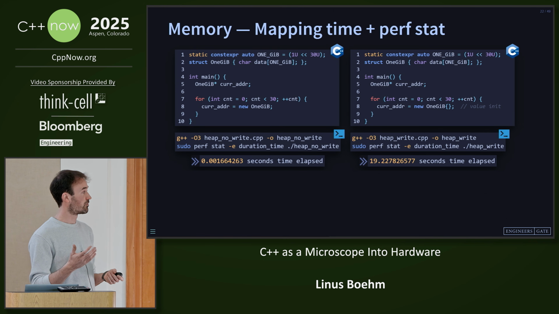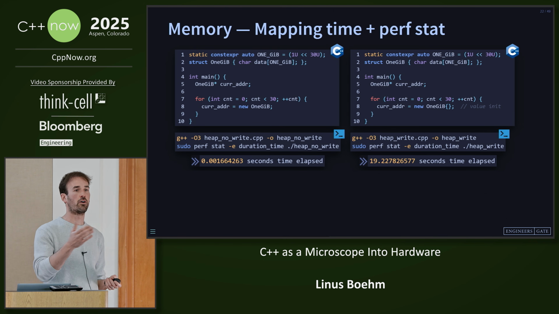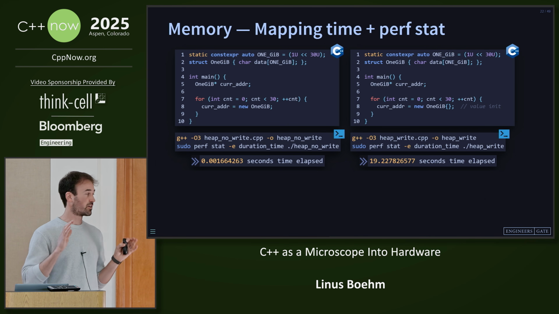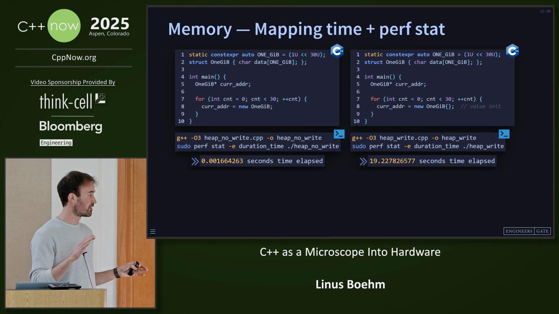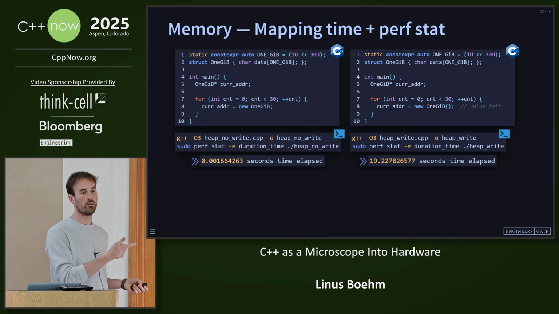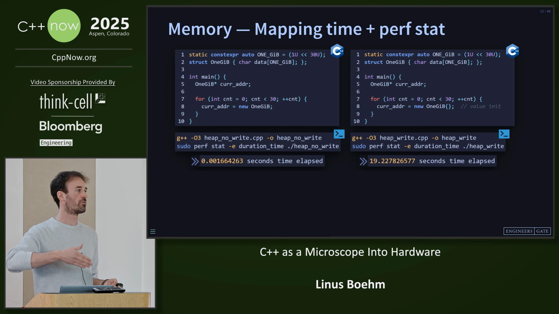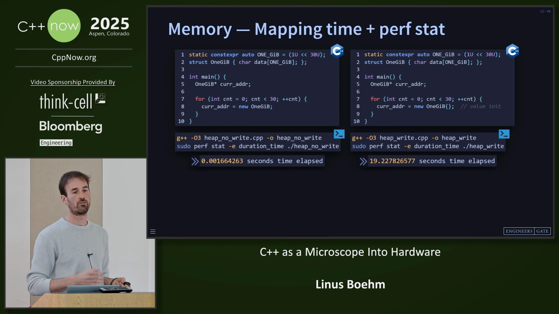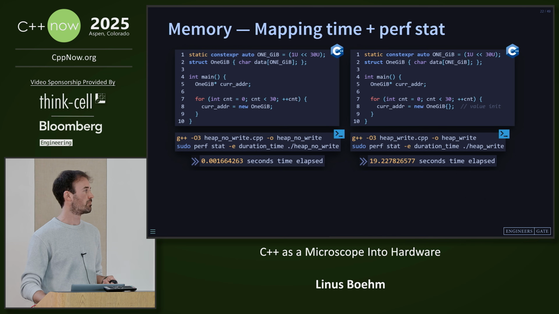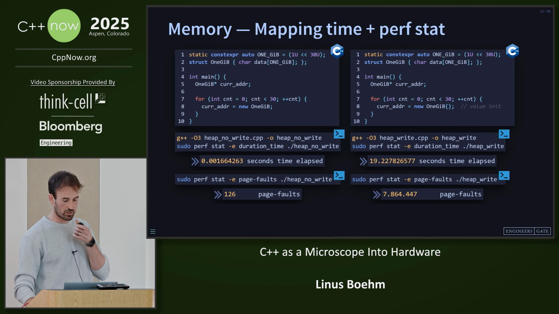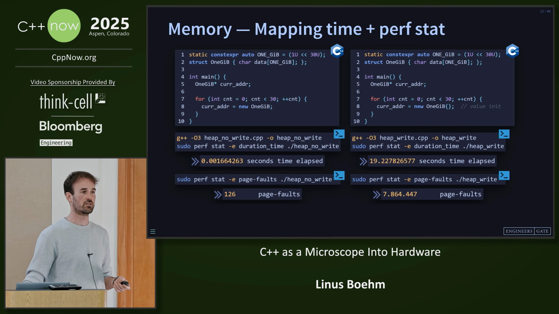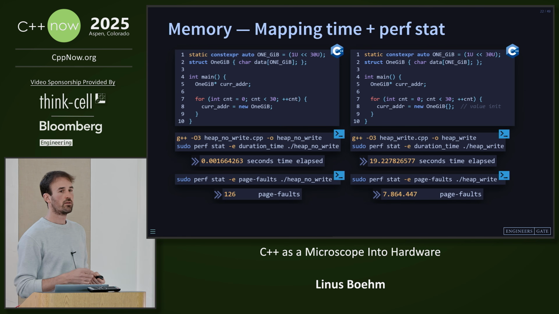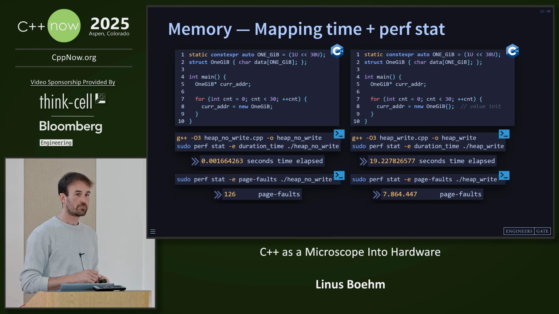Now, the reason could be that it just takes that long to write zeros to all the memory addresses. That could be one explanation. But just to be abundantly sure about this, we could check all the different perf stats that we have access to and compare between the left and the right-hand side and see if we see any major discrepancies. And if we do that, we do see that the number of page faults is very different between the two versions. But these are minor page faults,